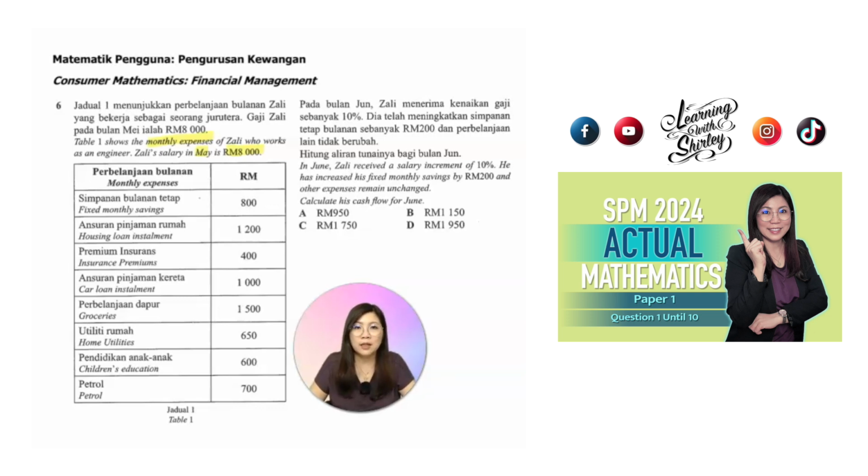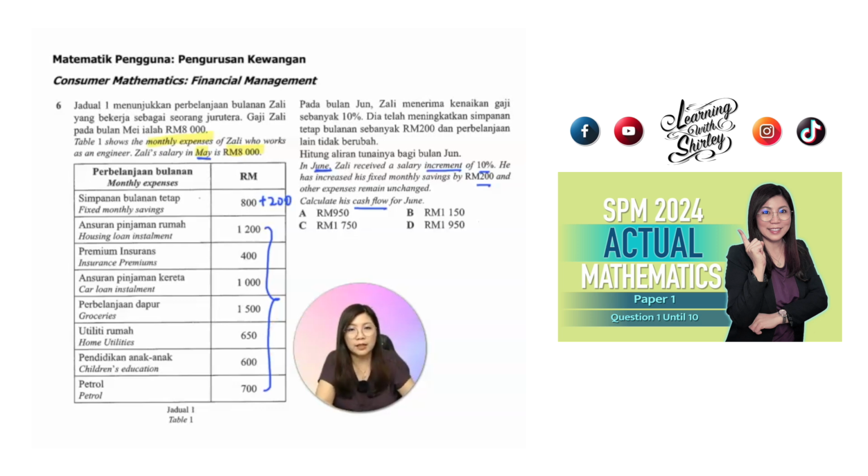Okay, let's continue reading. In June, just now was May, now June, Zali received a salary increment of 10%, kenaikan gaji, ya. He has increased his fixed monthly savings by 200 ringgit. So this one plus 200, okay? And other expenses remain unchanged. So calculate his cash flow for June. Here we need to calculate how much is the total expenses for each month. Since they remain unchanged,